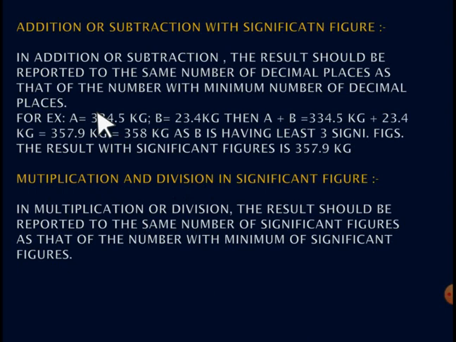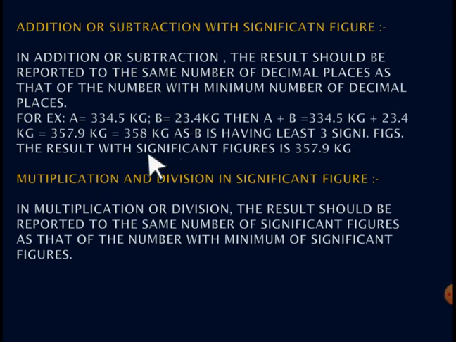Suppose you are going to add or subtract two numbers which do not have the same number of significant figures, then the sum or difference or product or quotient should be expressed in terms of that number which has the minimum significant